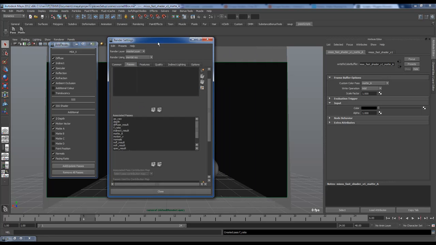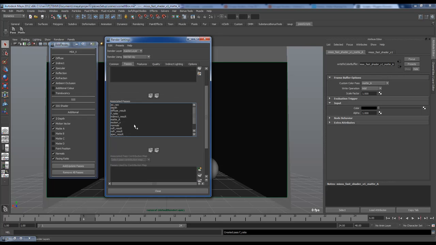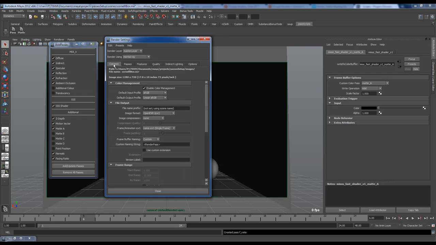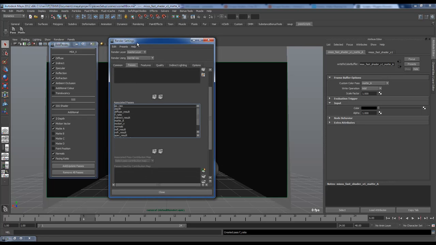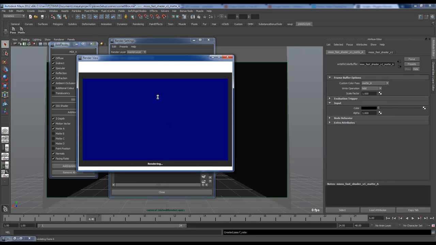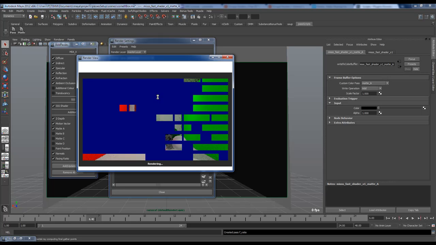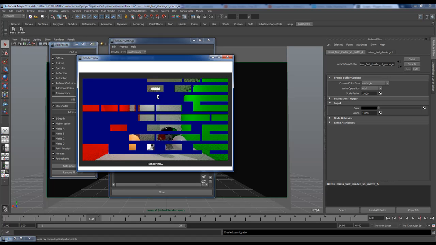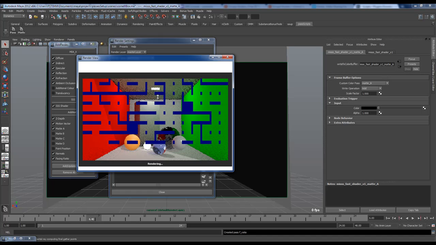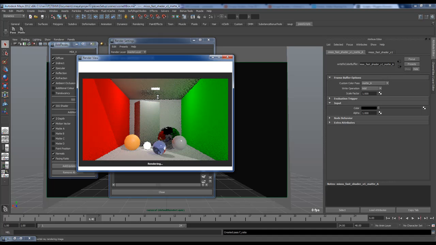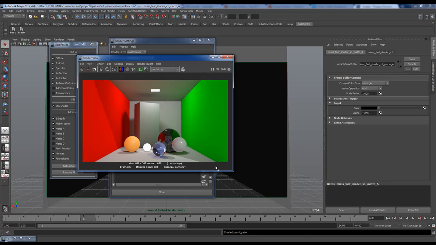So now if we look at our render settings, we have our associated passes here, and let's try a render. So as you can see, it's pretty quick and easy to set up. There are some other options out there, but I just thought they looked a little bit too involved for this kind of stuff. So now let's see. Alright, so we got the render,